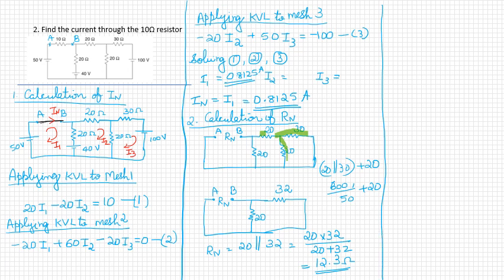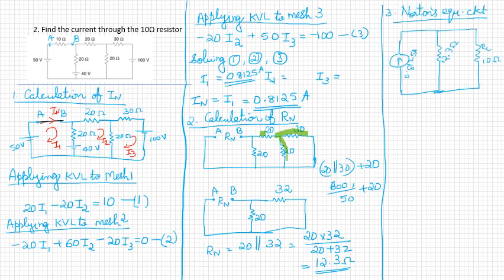The third step is to draw the Norton equivalent circuit. In the Norton equivalent circuit we have 0.8125 ampere in parallel with the 12.3 ohm resistor, and the load resistance 10 ohm is connected like this. Now we have to find the current through the 10 ohm resistor. This is the current I1. And according to the current division rule, we can write IN is equal to 0.8125, the total current, and the resistance of the other branch which is